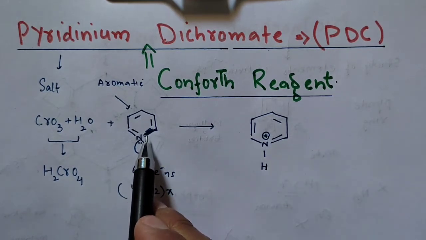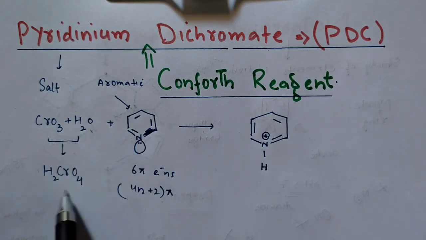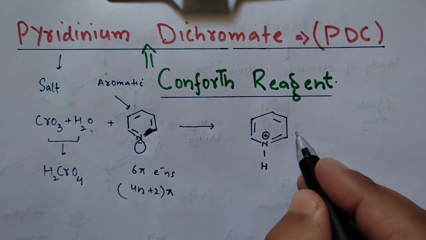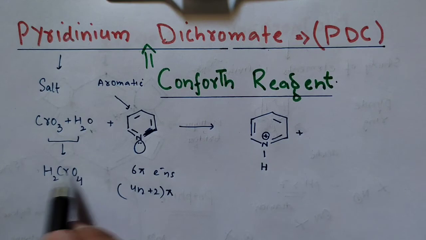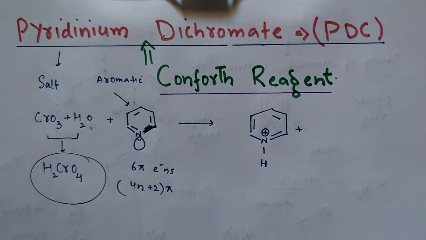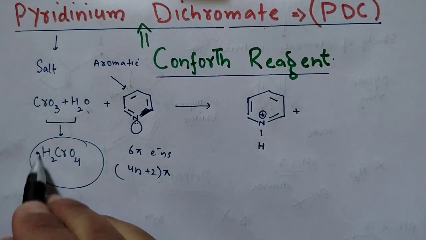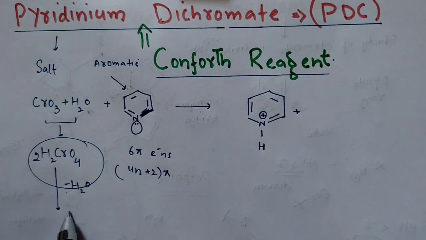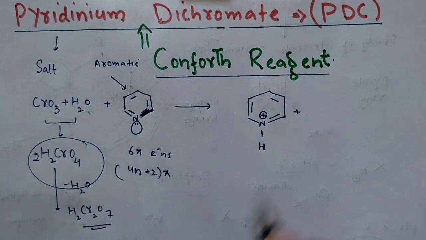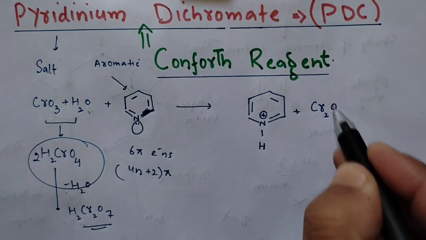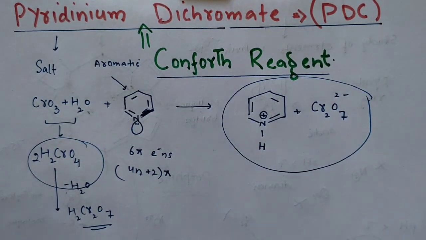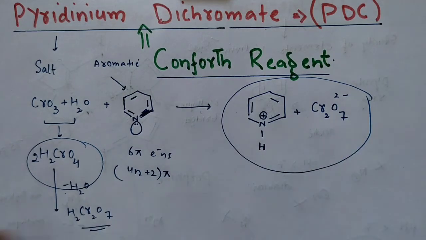When this pyridine takes a proton from the acid, it forms what is called the pyridinium ion, and then with the dichromate ion. So dichromic acid is formed if you do this type of process, write it twice and then do the dehydration, minus 2 water out of it, so you have your H2Cr2O7. This is your dichromic acid. So it forms Cr2O7 2 negative. तो ये जो आपका reagent है, this is your pyridinium dichromate,